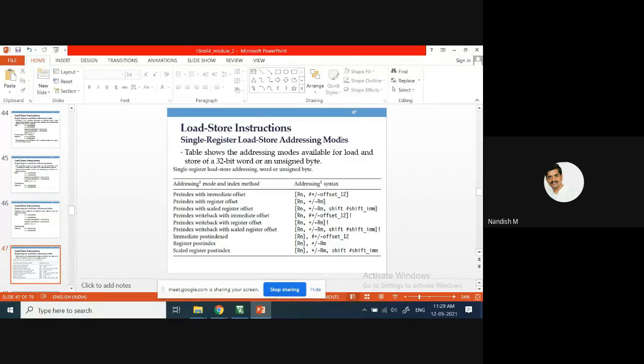In that way you can remember this table. See, it is not only that you learn the instructions, you should also have some methods to remember the tables. If you remember one, with small changes you should be able to write the entire table. You should not learn each and every instruction. Some small changes, some hints, some shortcut should be there to remember. In that way you can write all the instructions.